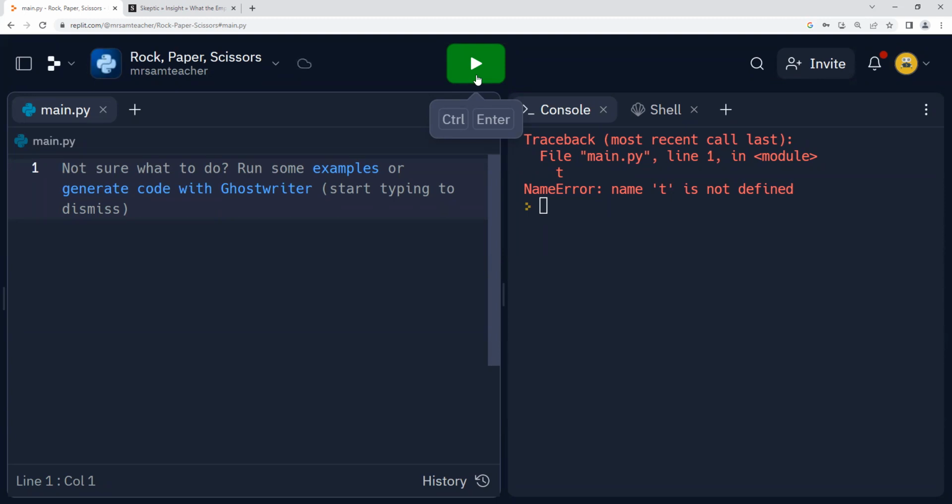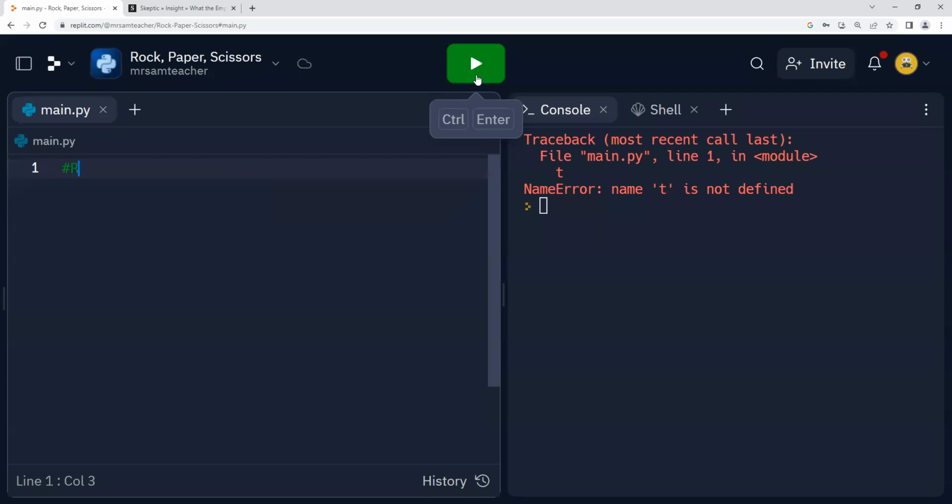All right. So when you're making a project, you probably want to title it. So we use a comment, the hashtag sign, as you guys remember it, or the pound sign, if you will. So rock, paper, scissors. You can also make a little formatting layout for your project. Certain ways to organize your code is making comments that will give you a nice little layout.